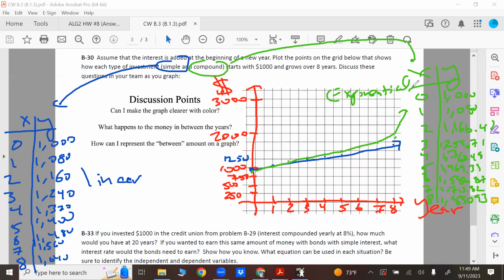Probably what I should have done is focus on 1,000 and maybe space this out between 1,000 more. I probably didn't do the best. I'll be honest, I don't think I spaced it out well. I probably could have done a better job spacing it out. But maybe what I could have done,